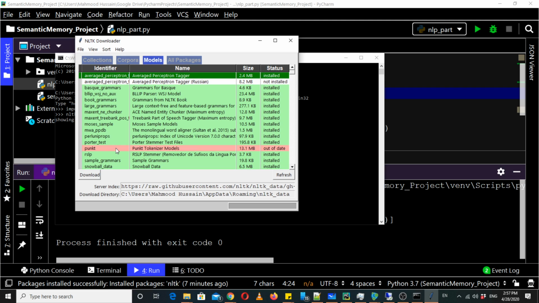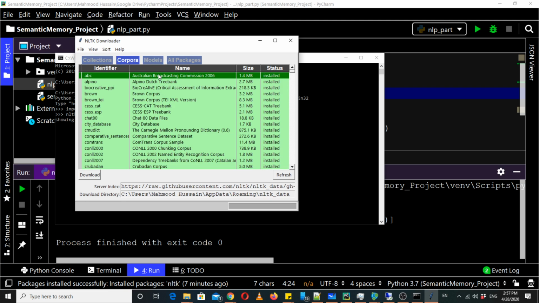If they give you an error that these models are not found, you can simply go to this NLTK downloader and download these two specifically, or if you want to download everything, you can download all. But if you download all of the stuff, it would take a little more time, a few GBs.